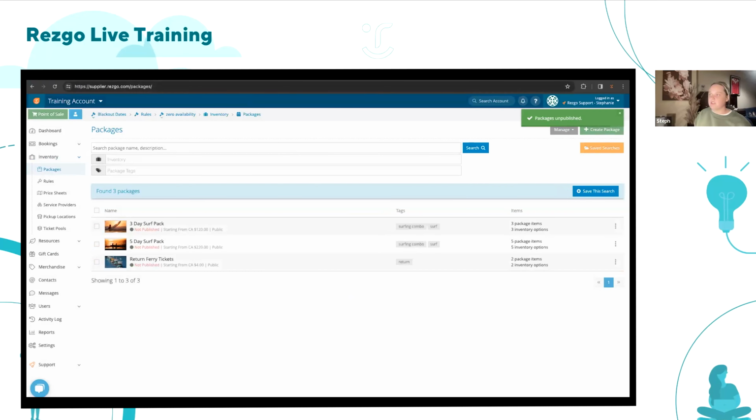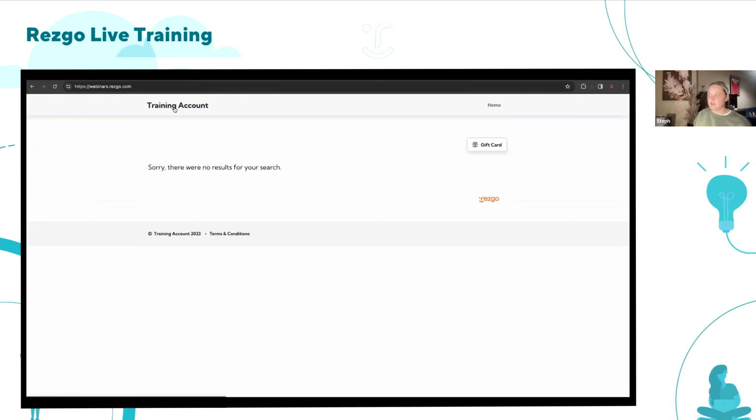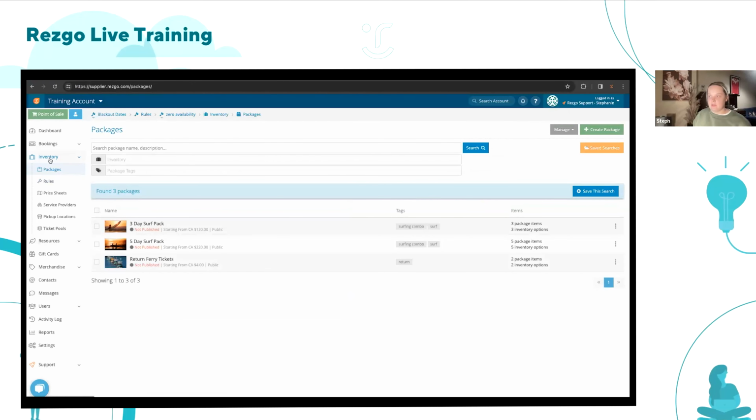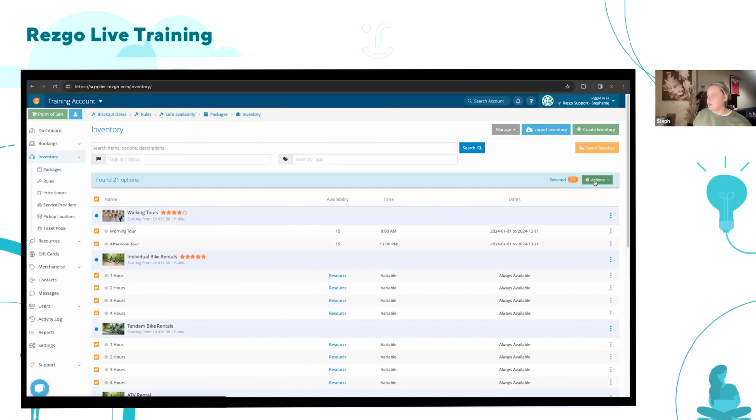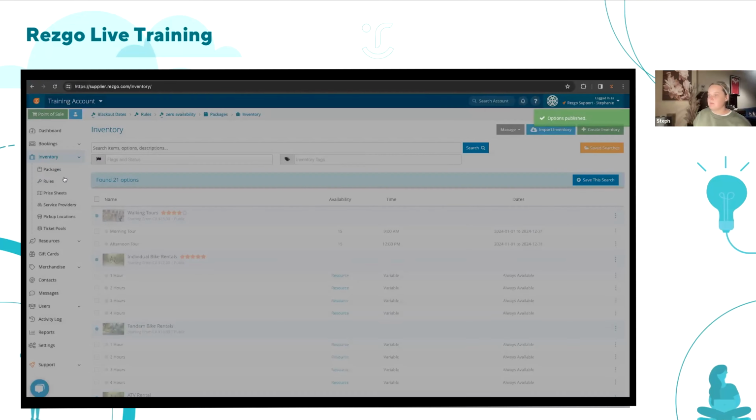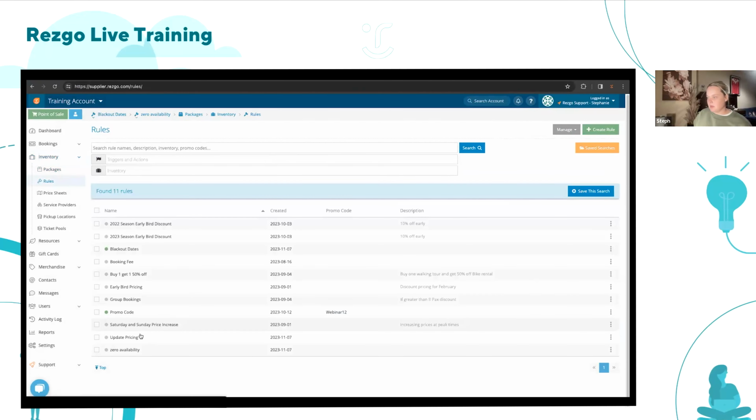If you unpublish all of your tours and activities, customers can't see anything on your website. So if they go onto your website and they click book now, they're going to get this search result here. And that's a really bad customer experience for your customers. The best thing to do would be to set that availability rule to 0 and go in here, just publish my tours again. And the reason being, let me just show you, we'll just turn this on,